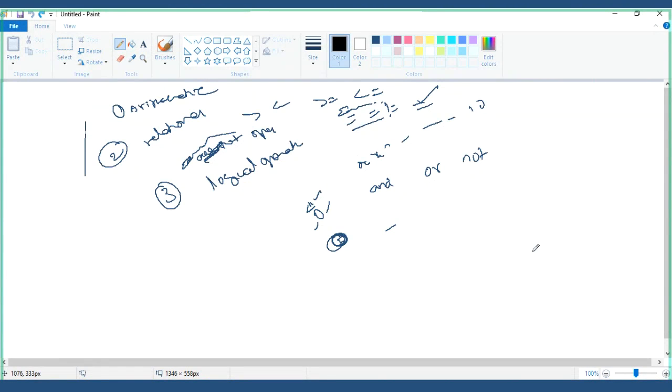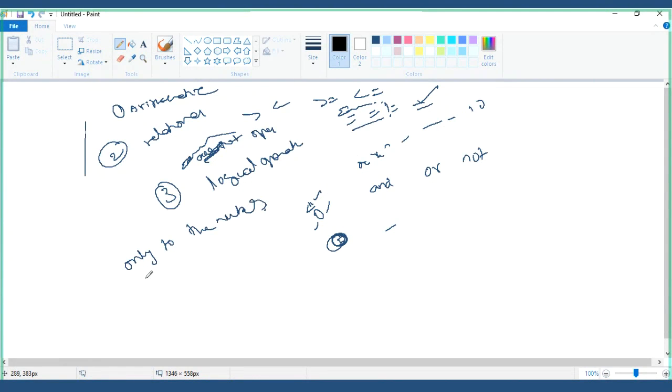What is a bitwise operator? What can be called a bitwise operator? See, bits or bytes are actually numbers. Bitwise operators can be applied only to numbers.